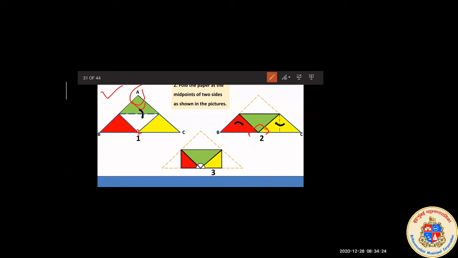If you observe what happened now, angle A is there, angle B is there, and angle C is there. They are not overlapped. The angles are coming exactly joined to each other. So the result is that we have got a straight angle.